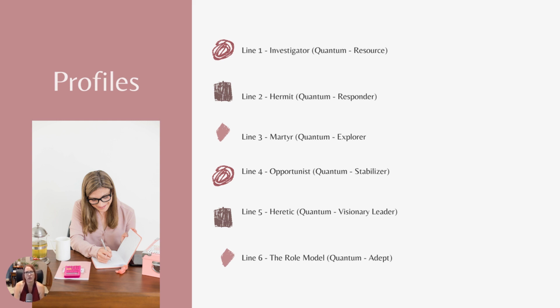Line 2, the hermit versus the responder. The shadow side of it is you can just disappear. You can just go away and you won't come out. You're like, God, I just need space. I need space. But the space doesn't stop. What we're really looking for with the responder for line 2, and this is where you excel, is that you will retreat for a while into who you are, and you will focus on the things that you've learned, which is a great thing. You've had some experiences, you're taking it in. Awesome. You retreat, you reflect, and then when you're ready, or when the people around you are ready, you come out and you're ready to speak to that.